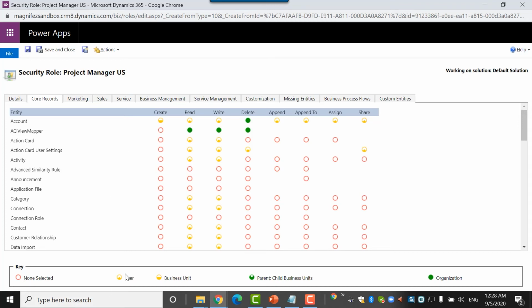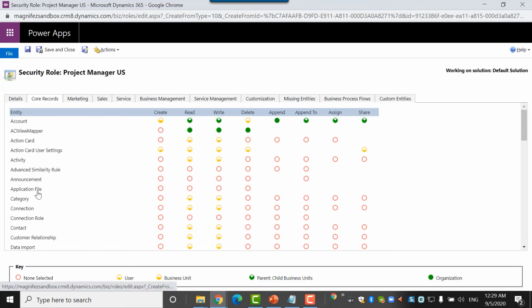If I am saying user level access, it means the user will be able to perform a set of operations on an entity only at the user level, on the records that he or she has created. If I'm saying organization level, that is a green circle, which means the user will be able to perform a set of operations on that particular set of records across the entire organization. For write, update, delete, etc., we have to give very minimal privileges based on your security requirements. It's an account manager, so I can just provide privileges on this one. For each of these, I just configure it based on my requirement.